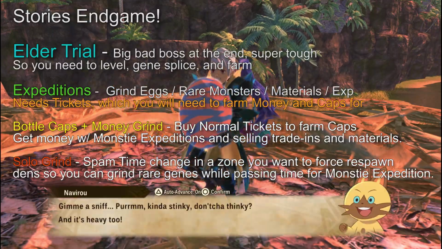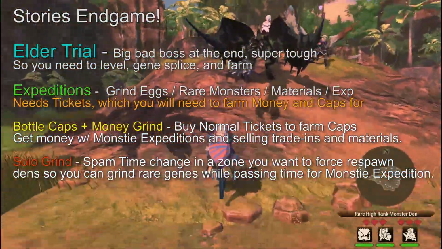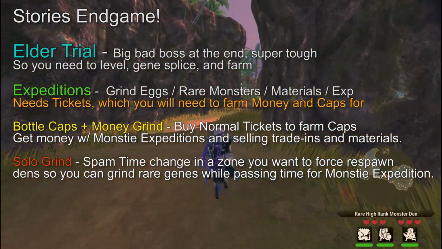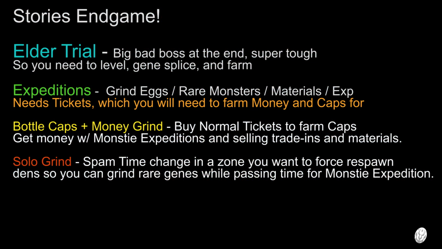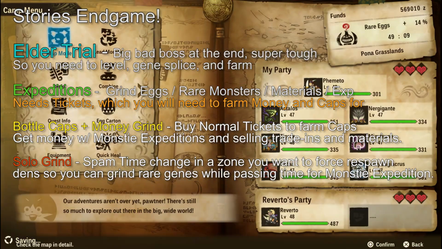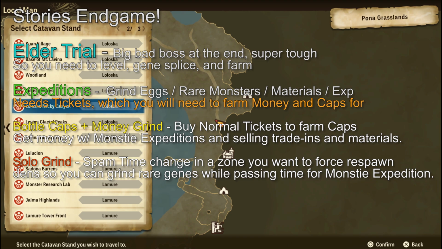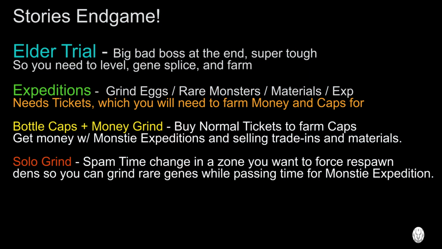So basically, to recap, you want this trial zone here, but that's your tower grind. It's tough. So level your monsters on expeditions to get elder eggs and co-op stuff there. That's kind of the meat of your end game. But to do that, you need tickets. So play solo, buy tickets with money made from your expeditions, and then go den hunting, and then collect your bottle caps,